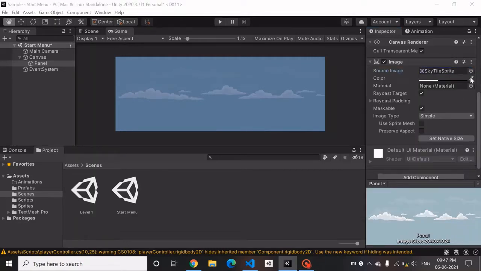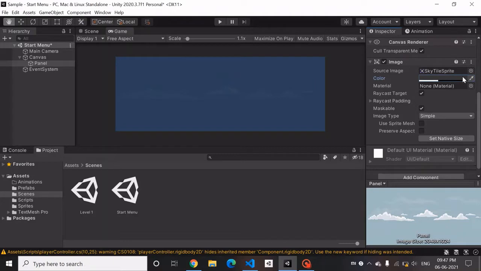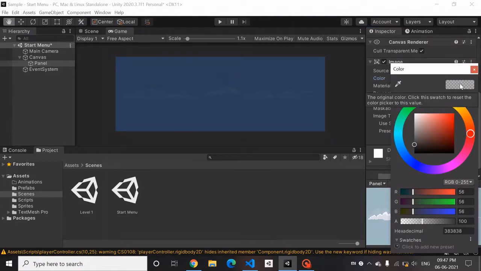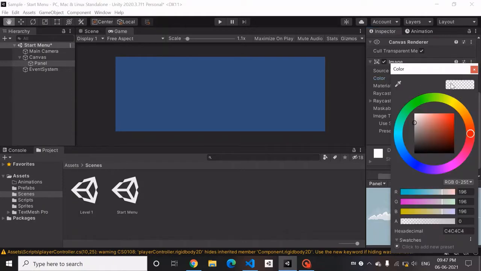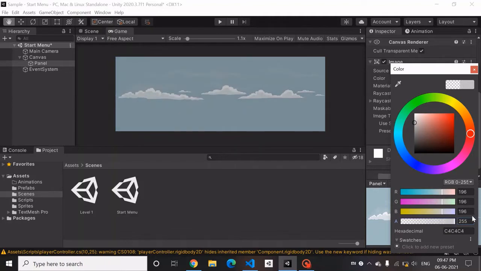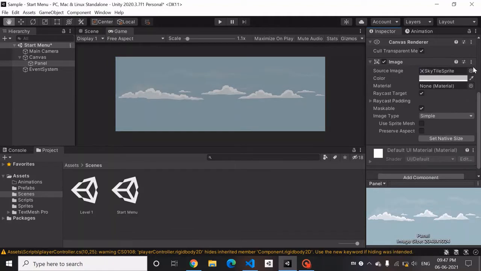And we can make the color to be transparent. Yeah, so it's come out to be the original color.